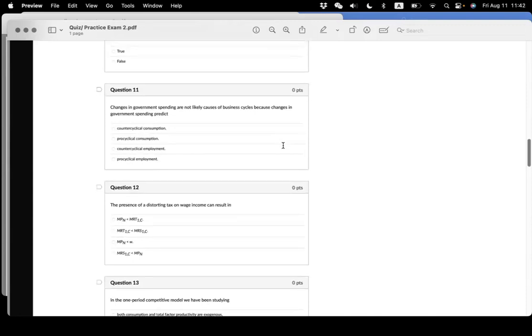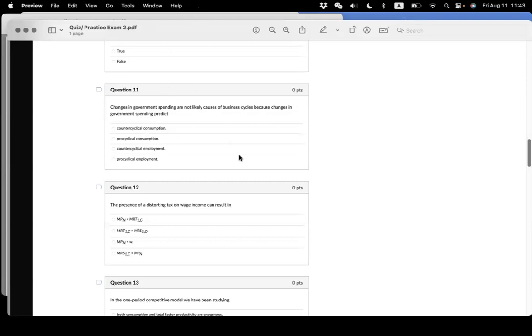11. Changes in government spending are not likely because of business cycle, because changing government spending predicts. The answer is A, counter-cyclical consumption. Okay, so there are two parts to this question. Number one, why does government spending lead to counter-cyclical consumption? So say, for example, if the government spending increases in recession, right? Actually, this is what happens. If government spending increases in recession,